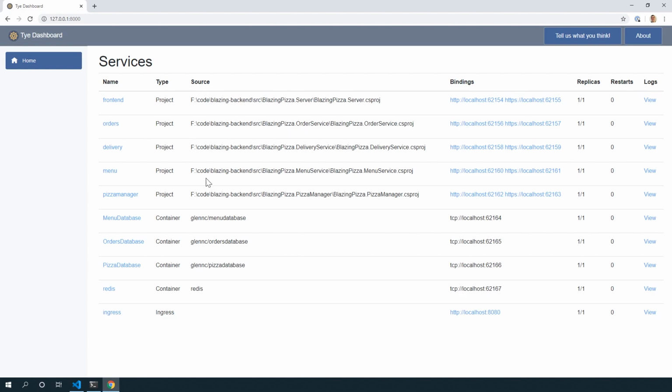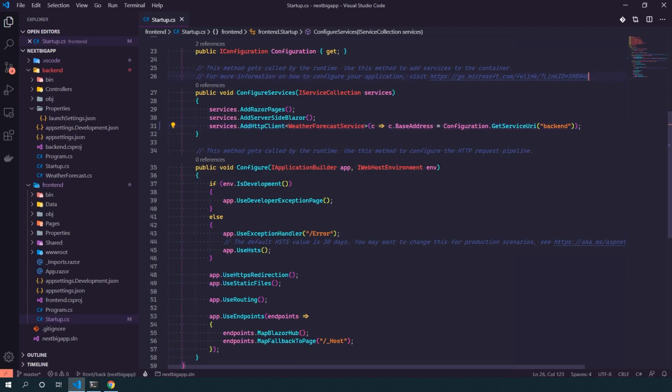Yeah. Are those running in Docker, or are they running just like normal .NET processes? They're just normal .NET processes. So one of the advantages here is Tye has taken care of running these databases for me in containers, so it's interacting with Docker on my local machine. But these services that are part of my project, things that are CS projects, are not running in containers, which means instead of kind of F5ing in here,